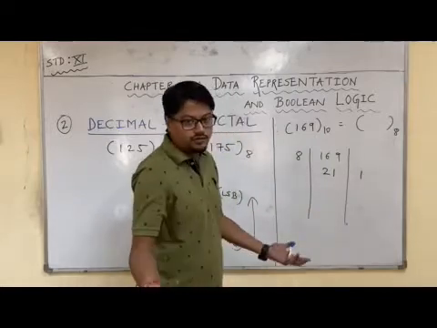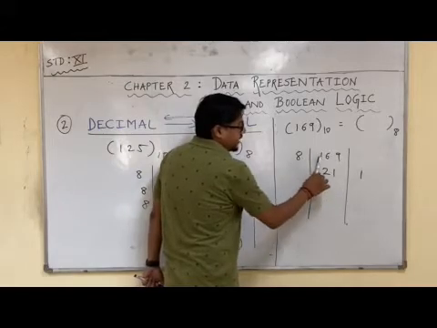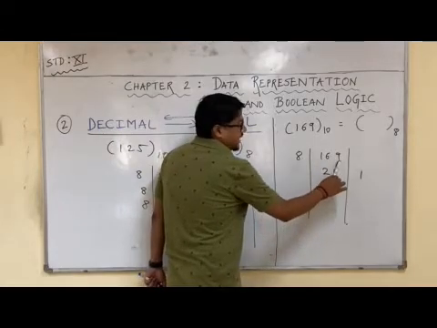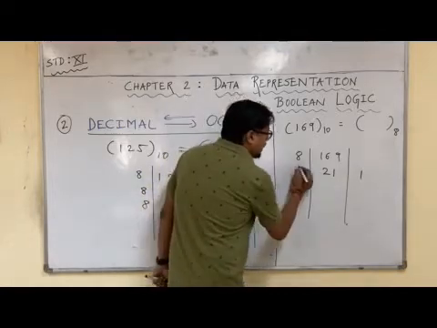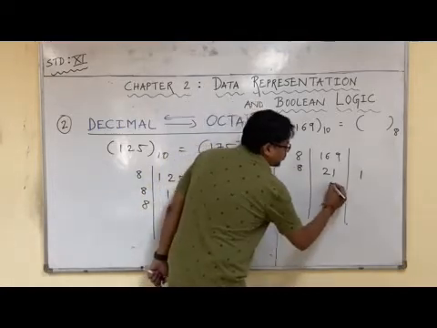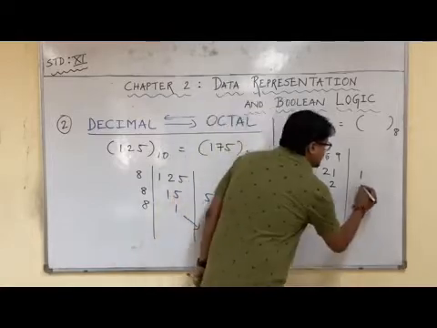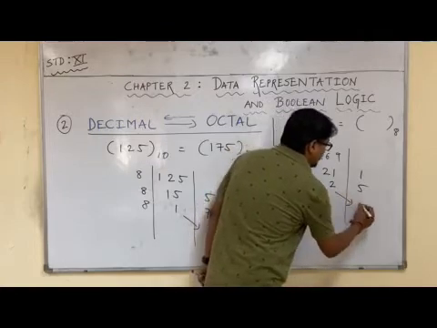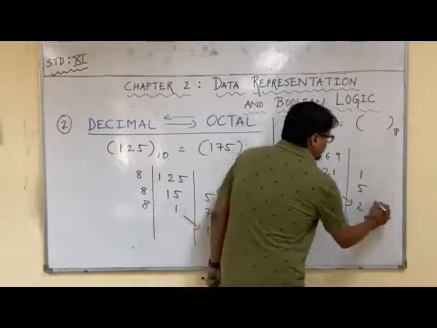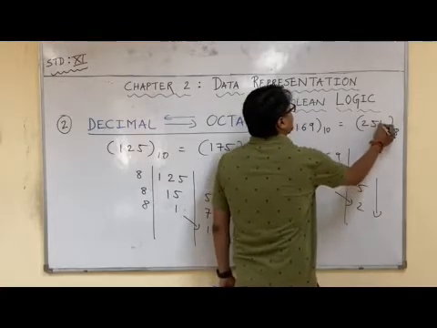If you want, you can do it in rough also. I will repeat once more. 16 divided by 8, 8 2s are 16. This is done, 9 is left. 8 ones are 8. What is the remainder? 1. Again dividing by 8, 8 2s are 16, and what is the remainder? The remainder is 5, and division of 2 by 8 is not possible. We will carry this, so going from MSB to LSB, the answer is 251.